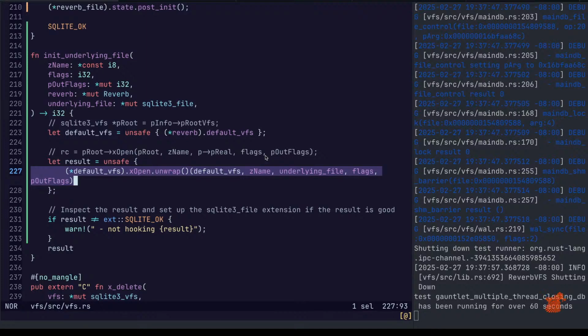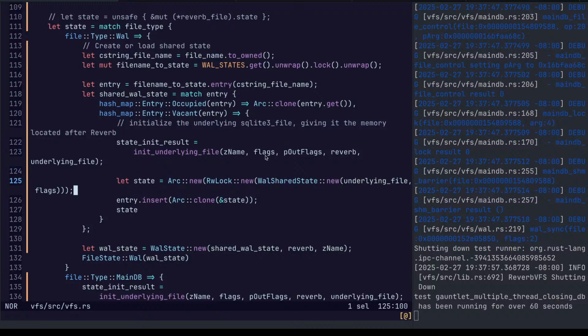Underlying file. So, I have a bug. I've been able to isolate it. Well, turn it on and off.